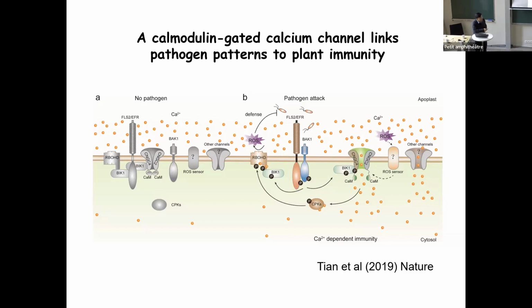And as you probably realize, in the past 5 years, calcium has become a central theme in plant immunity, right? Some of the ETI, or effector-triggered, processes involve their effector receptors. Some of the receptors are calcium channels themselves, right? So both the CC type and the helper NLRs, they form calcium channels. So calcium really has become a central hub in plant immune response.